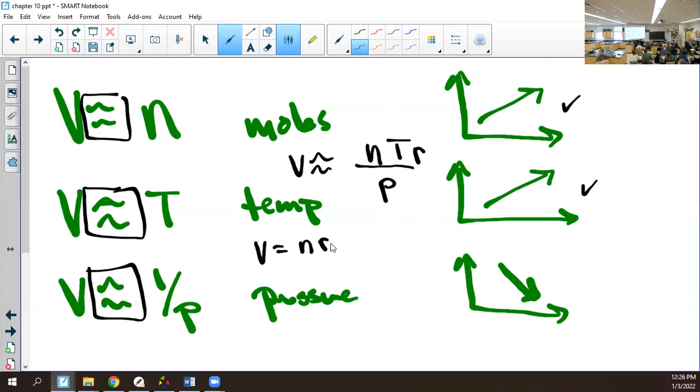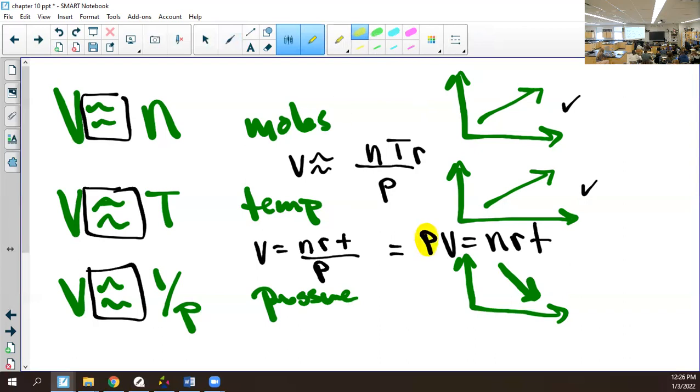I'm going to put R in the middle because it's usually written that way. T over P. And this is oftentimes referred to as PIV NERT. It's the same exact equation. It shows the relationship between pressure, volume, moles, and temperature, and then this constant that makes everything talk to each other. That's a great question. The constant is equal to